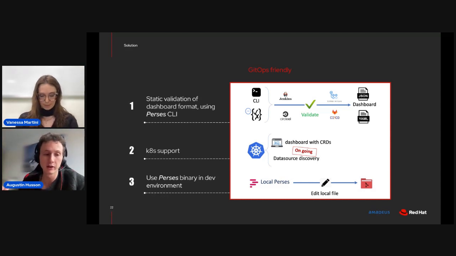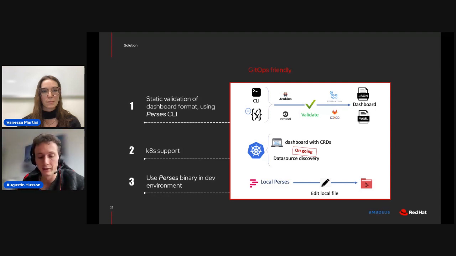Just because when you are making some change in your application, probably your metrics will change, so you need to change your dashboard. And if you are doing it at the same time as your application, and you are deploying at the same time as your application, then you are sure that your application and your dashboard are at the same level and they are